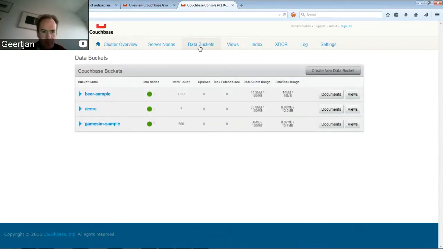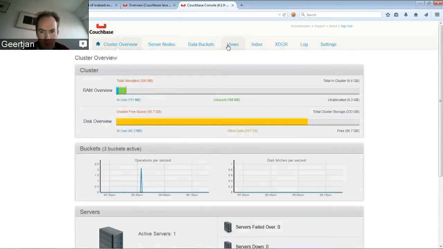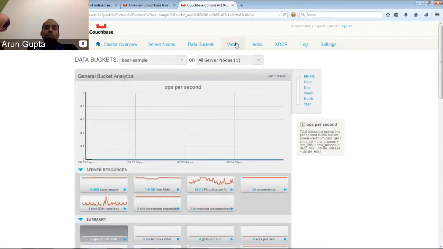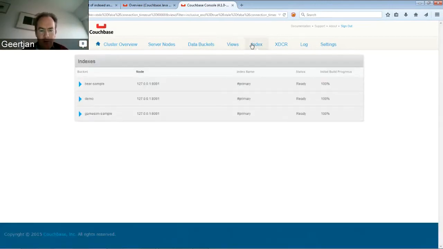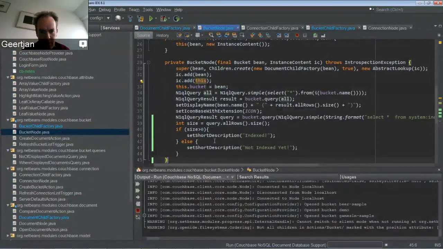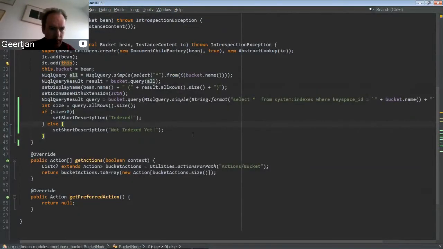Okay, and then there's an index tab there at the top level, two to the right of data buckets. So keep going to the right. Okay, keep going to the right. Two. Where to? Index. There. Okay, so it looks like there are indeed primary indexes for these. So it could be our code is a flaw in our logic. Could be.